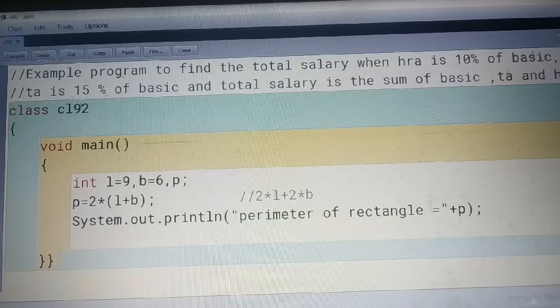Suppose this is your question. You have to calculate the total salary on the basis of basic, where the HRA will be 10% of basic and TA will be 15% of basic.